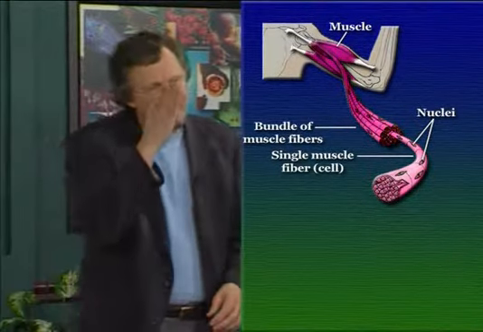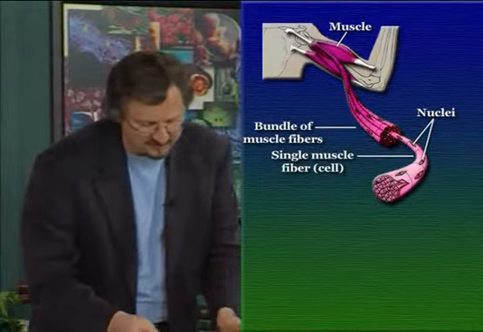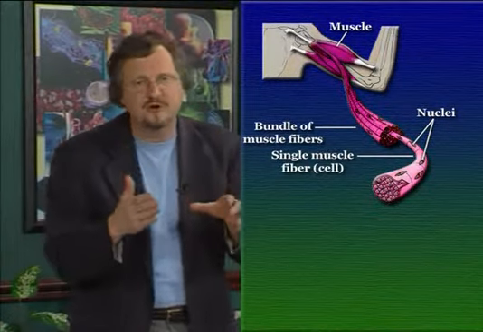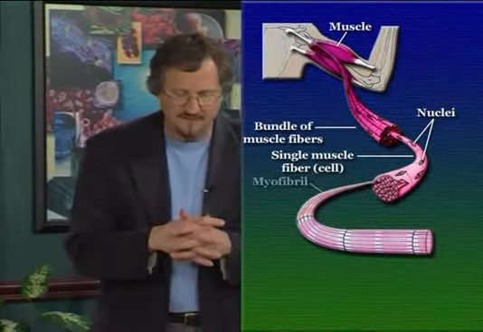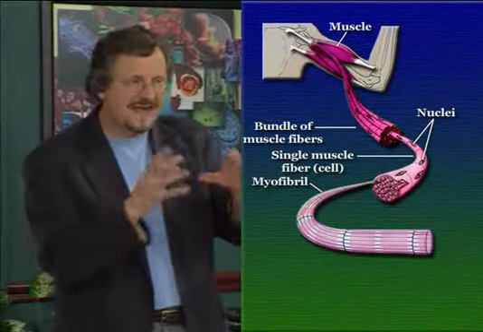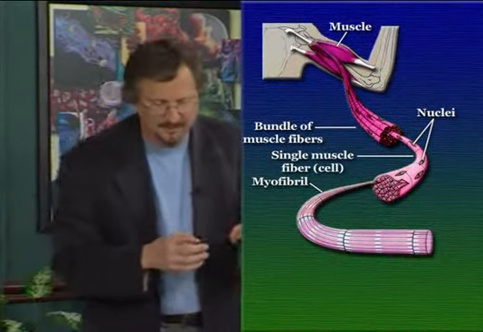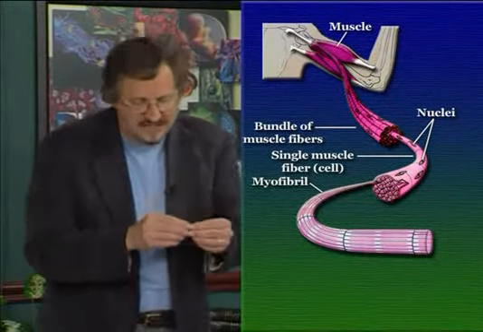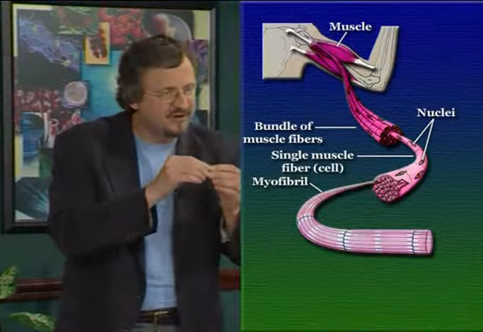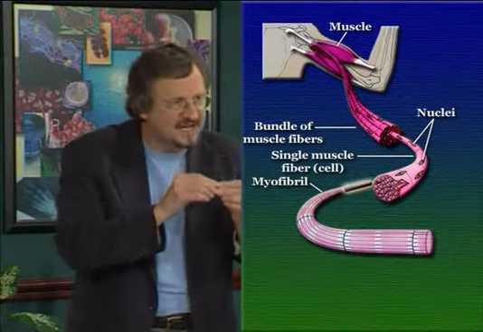If we looked at the cross-section of a single muscle fiber, we'd see that it is in turn also made up of a bundle of units, which we call myofibrils. Now, of course, at this point, you'd actually need a pretty good microscope to be able to see these structures. But in each muscle cell, in each muscle fiber, there are a series of what we call myofibrils, again, running